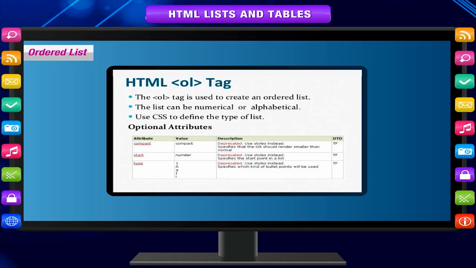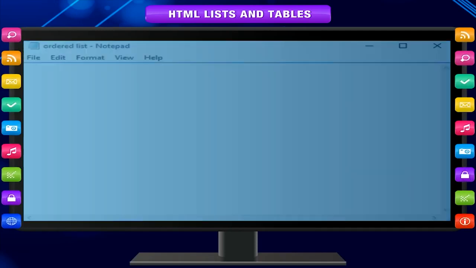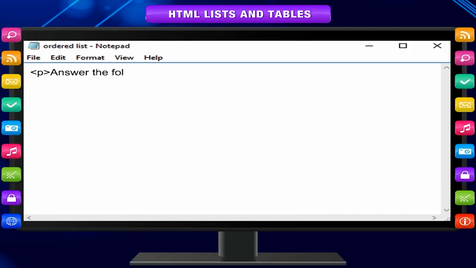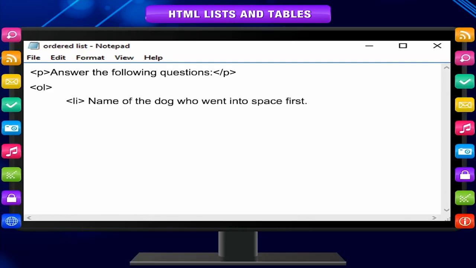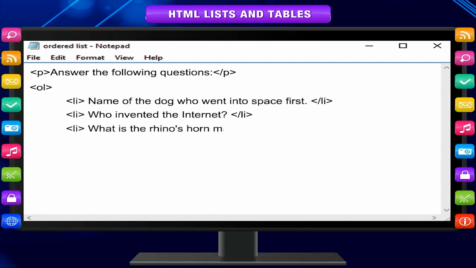Example of ordered list. P tag. Answer the following questions. /P. OL. LI. Name of the dog who went into space first. /LI. LI. Who invented the internet. /LI. LI. What is the rhino's horn made of? /LI /OL. This will display in the browser as